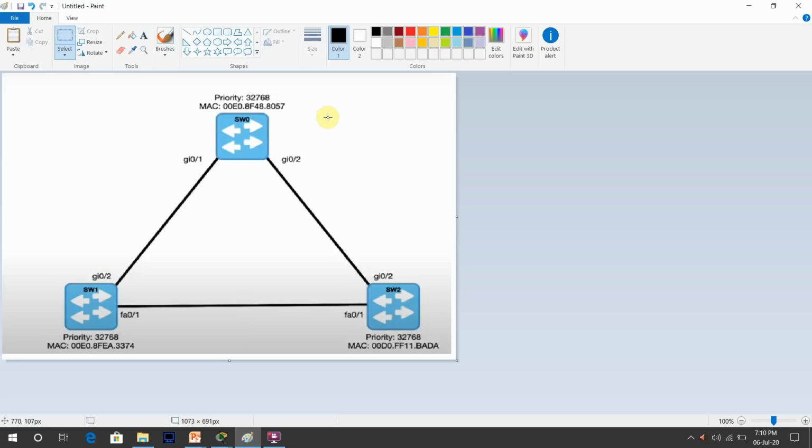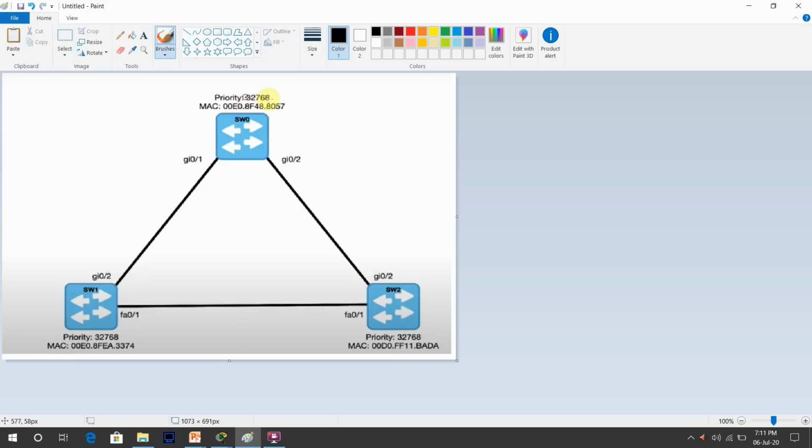Please write your comments in the video below, so I can see your answer. I will reply to your answer as well. Suppose you have the priority value 32768, this switch also 32768, and this switch also 32768.